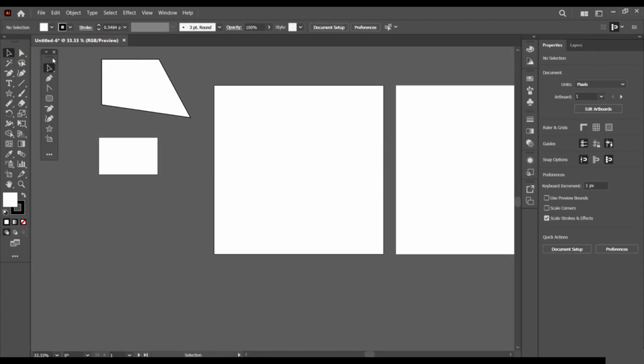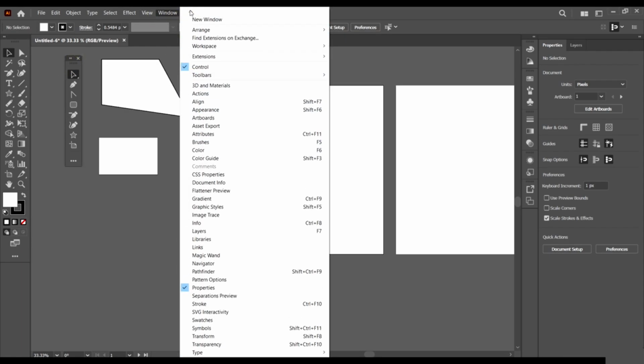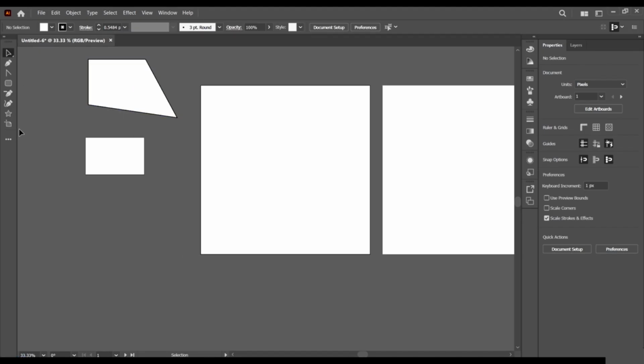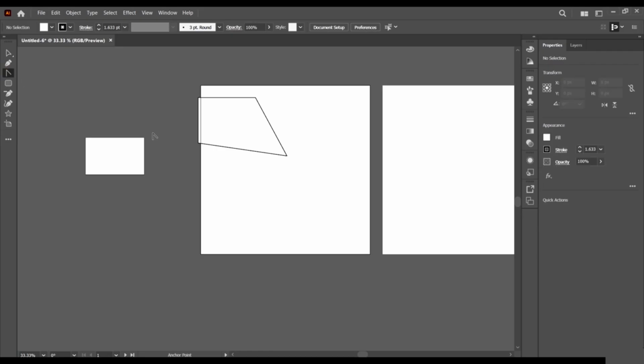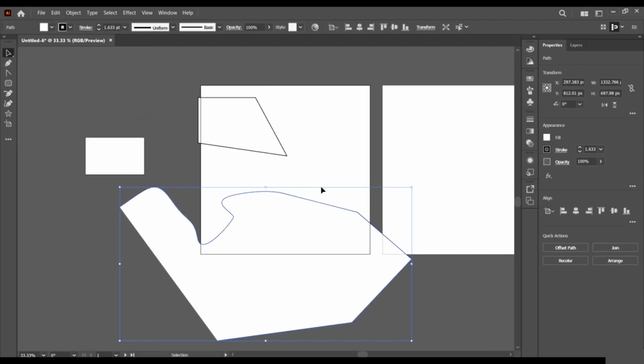Now here is our new toolbar. So let's just come here, Windows, and then come to toolbars. Now let's click on advanced. Now when we click on advanced, we see that this guy is now out. We've deactivated the advanced. Now we can just take this guy, which is our new toolbar, and dock it here. And now we have our custom toolbar, right? So we can just use our custom toolbar to create our drawings or whatever we want to create.